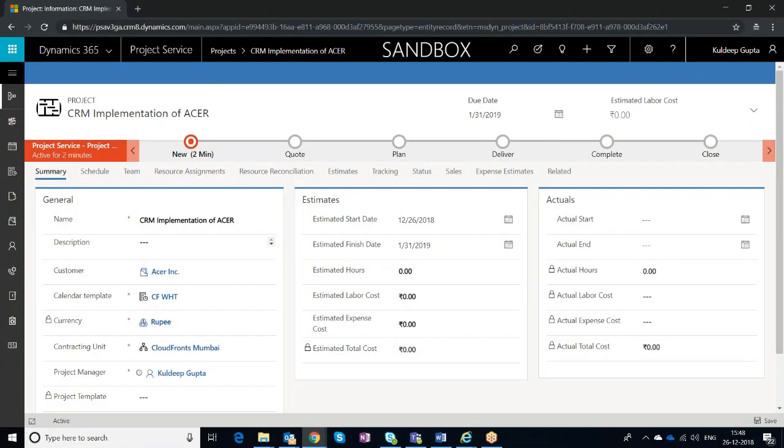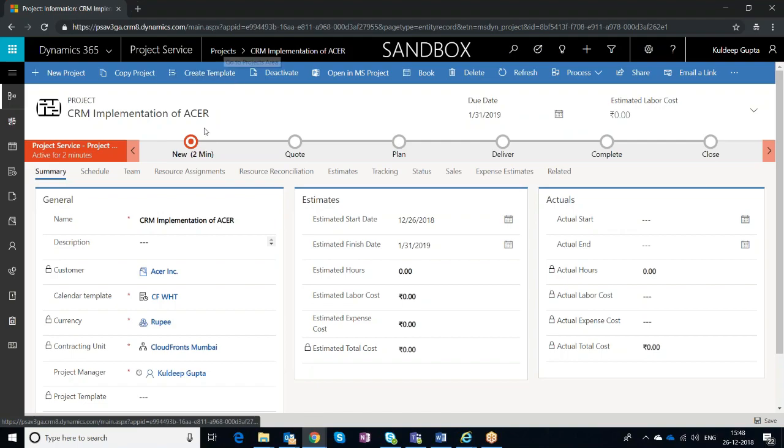of ASA, and it takes you to the project service project page, and it will facilitate you to make your schedule, do the team assignment, the resource assignment, reconciliation view, and all of that. We'll go through each one of them one by one. Once you click on the project, it'll take you to the summary view where you will see the basic